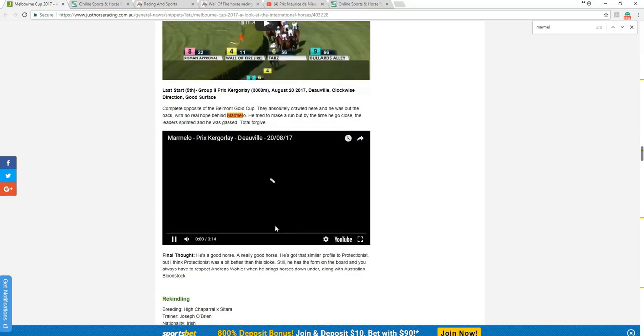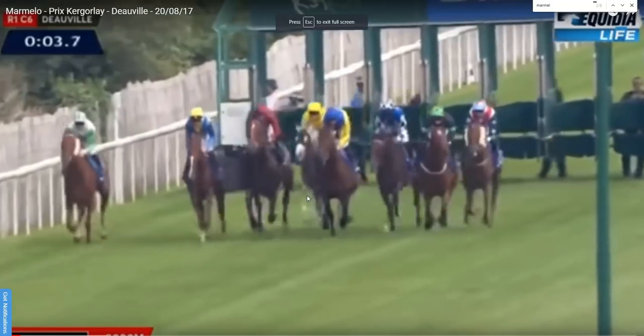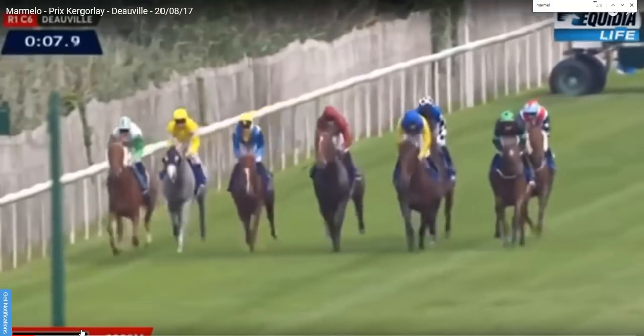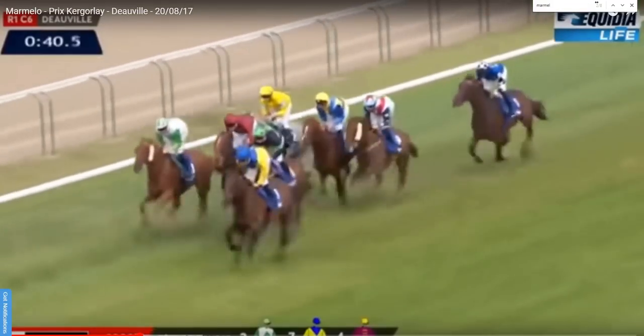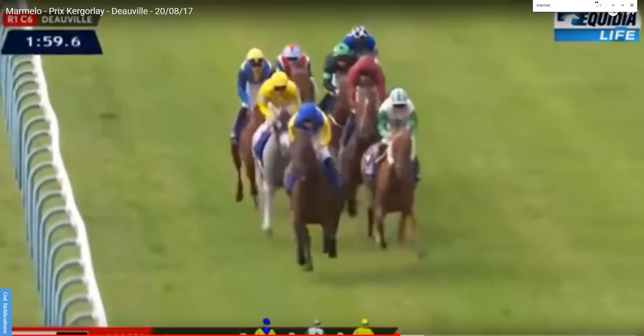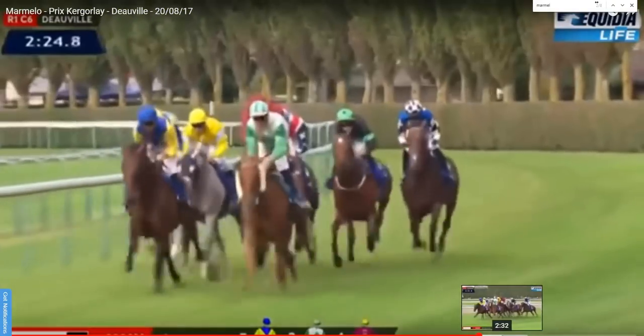Just here, and this time, interesting just to watch the start. So he's not really got any gate speed, but he's kind of left there and takes quite a long time to work his way to that forward position. Ends up with a mainly uncontested lead and is able to...